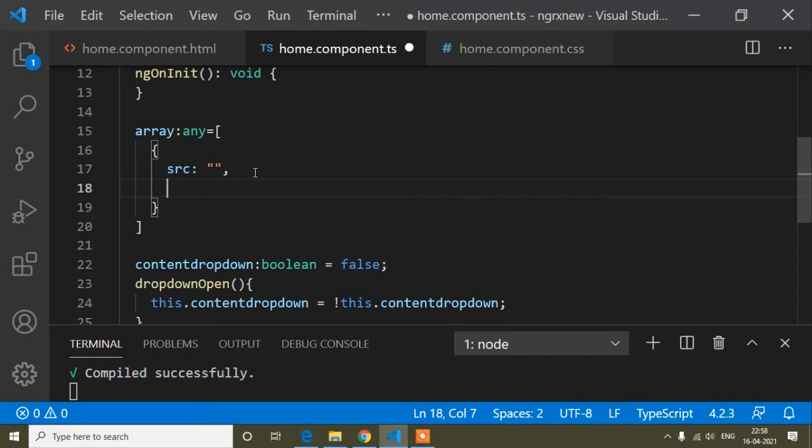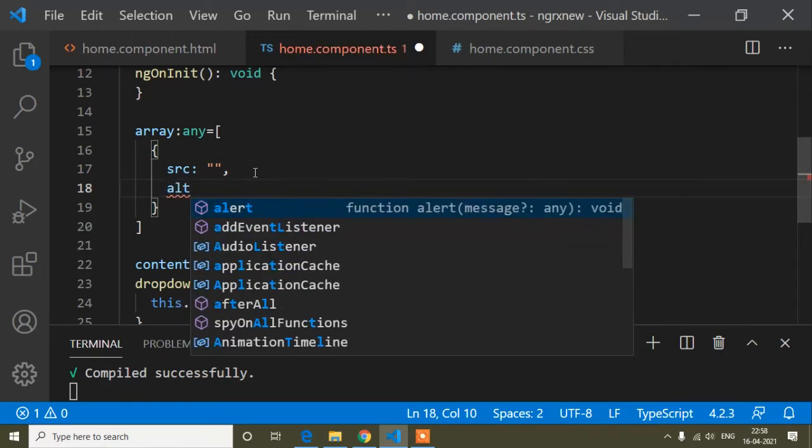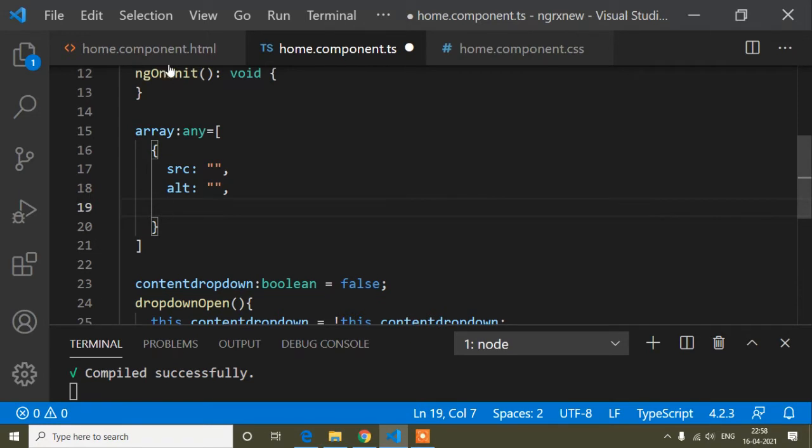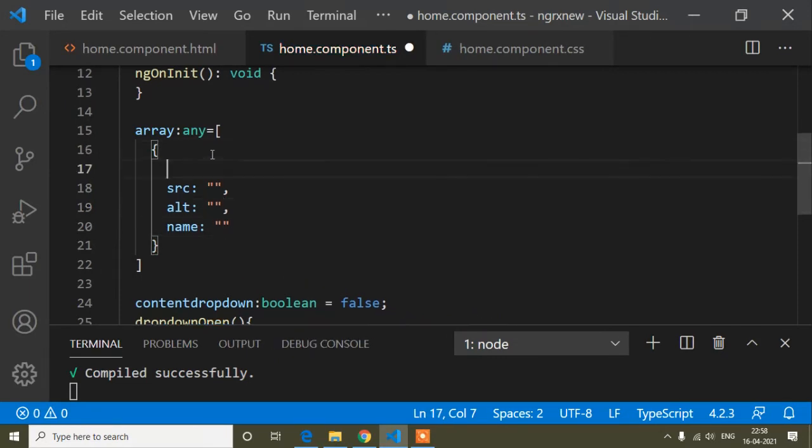I will first define alter as blank and this USD. I will write here name as blank, and so everything, I will write ID. Okay, so first I will write ID is 0.